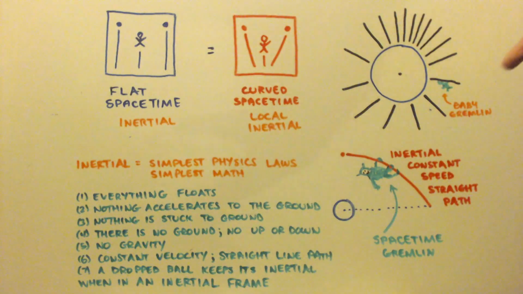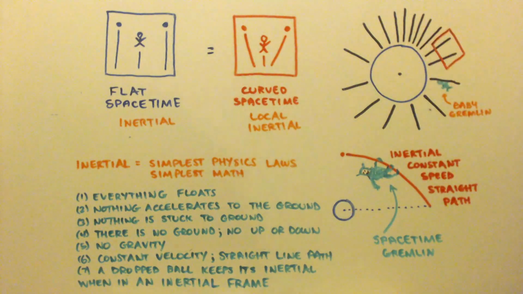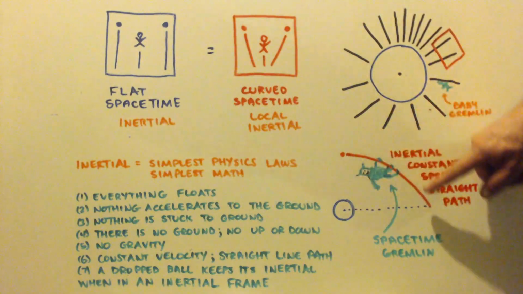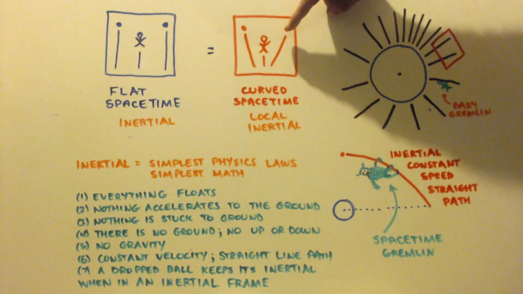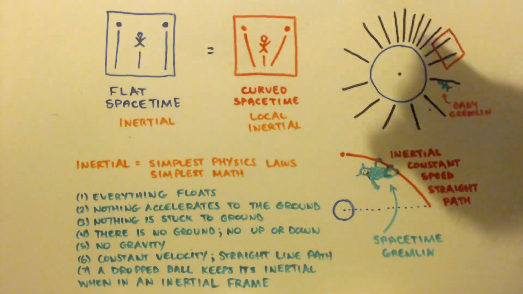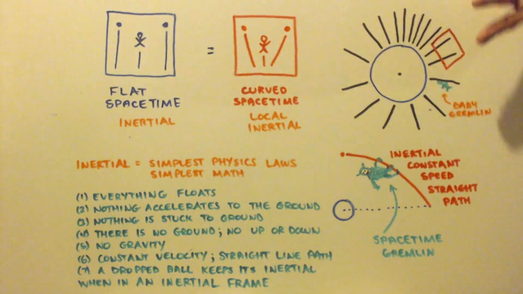So imagine you have a box that you're floating in. Let's say you're in this red box and you're falling down to the planet. If it's big enough, you'll see this acceleration. Now these balls aren't being accelerated, just like this guy isn't being accelerated. The space-time is being curved, and they're just following straight line paths, constant velocity on those geodesics. It's just that the geodesics are radially in. This is what you get tidal forces from.